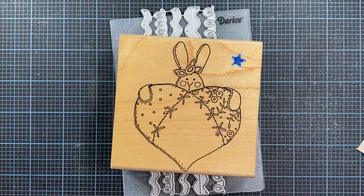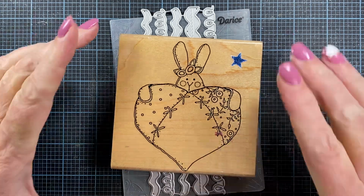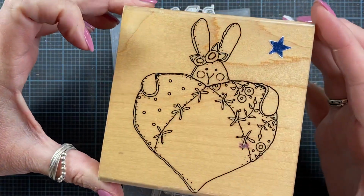I'm coming on tonight to share 3 cards that I made tonight for the hashtag Sew in Love February, the inspiration that we have going for this month. And let me go ahead and share with you the products that I used and the 3 cards that I made. So the first card I made features this cute little bunny stamp that I just picked up at our